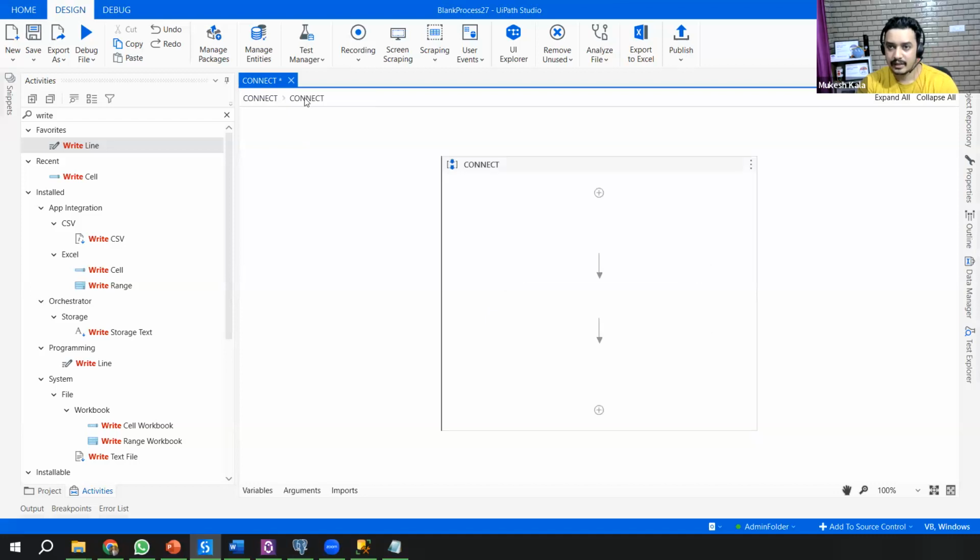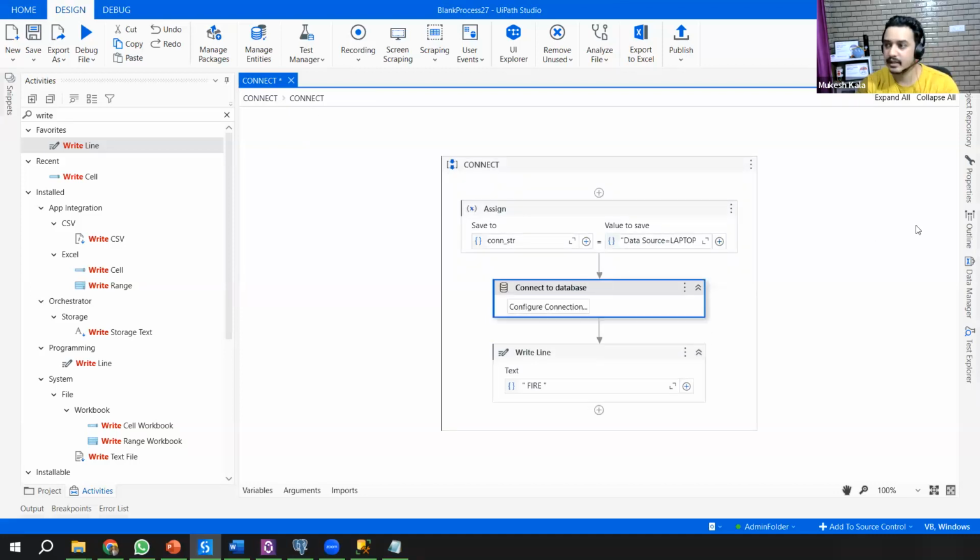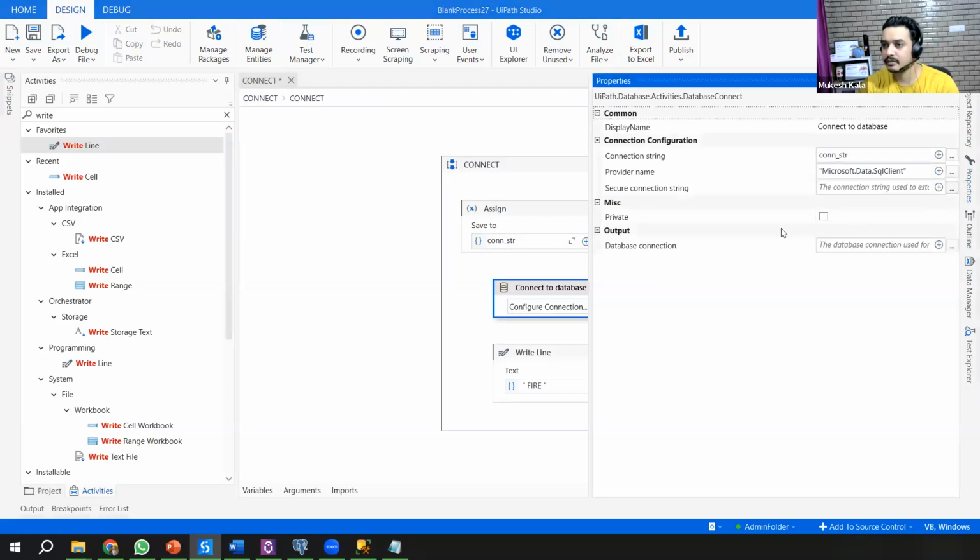So for the database activity, whenever you connect, if you go to the properties, you have the connection string, the provider name, Microsoft.Data.SqlClient, which we ask for whenever we go to any client database, and a secure string, in case you want to pass a secure string to establish the connection.